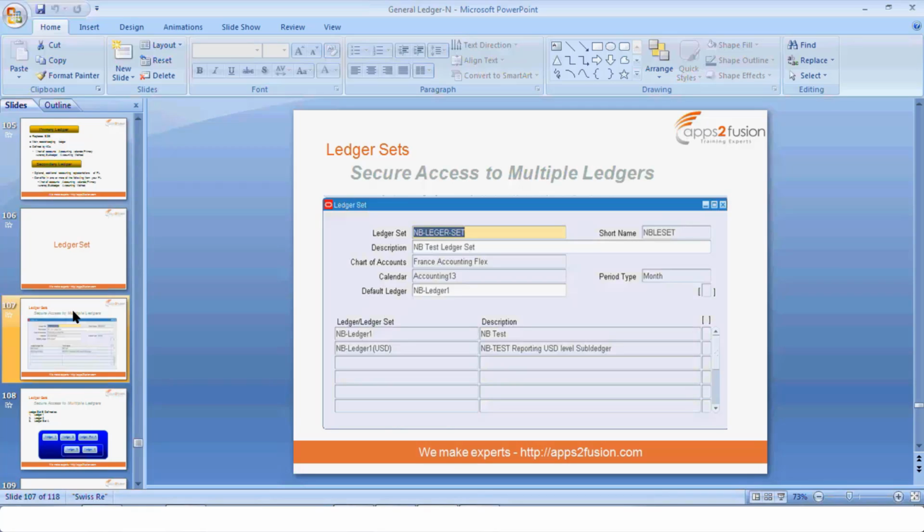So suppose you have 3 ledgers. For all those 3 ledgers you have same chart of accounts and same calendar. So you can group those ledgers together and create a ledger set. But where this ledger set is used and why it is required to create a ledger set, it is a